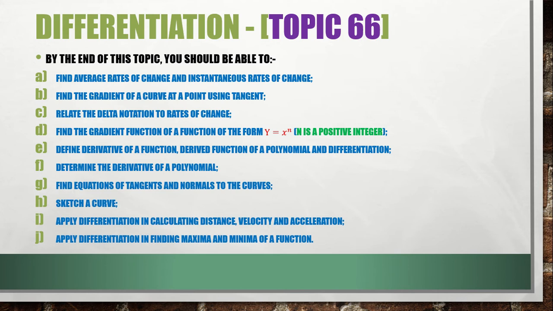Find the gradient of a function of the form y = x^n, where n is a positive integer. You have also done finding the gradient where you have a negative integer. You have been able also to define a derived function of a polynomial, and differentiation, which was covered when you were working with different notations of differentiation. You are also able to determine the derivative of a polynomial, and also you are capable of finding equations of tangents